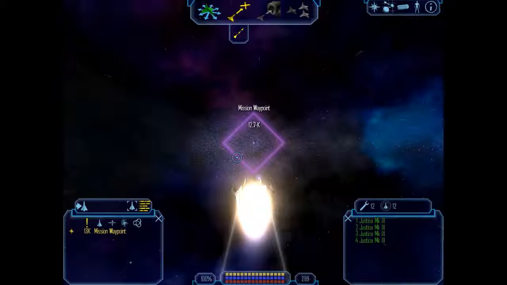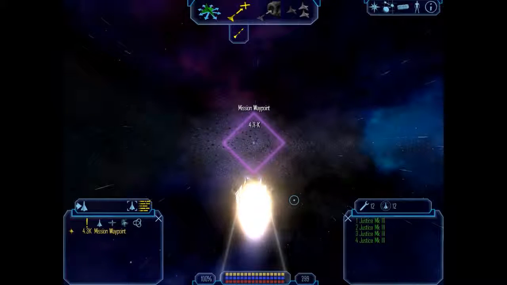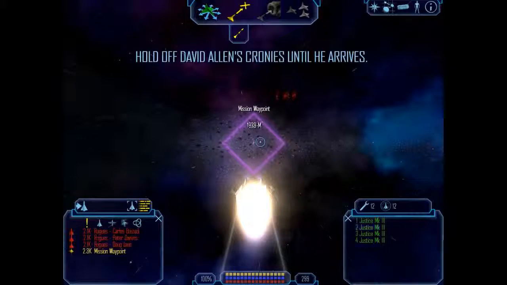You can't get too far away from the waypoint. If you do, it will count as aborting the mission. I don't know exactly how far it is that you can get away, but if you start to get too far away, the little mission commission guy that talks to you up here in the left-hand corner pops up and tells you to get back in there. So if you hear that, you should kind of head back towards it. But if you do get really too far away, the mission will end, and you'll take